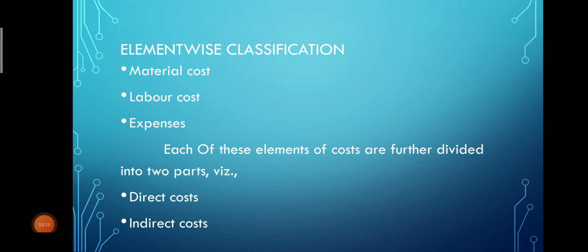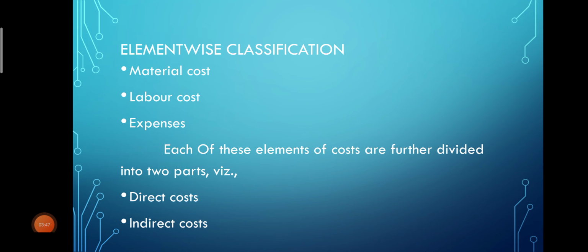First is material cost. Material cost means the cost of commodities supplied in the business. Okay, it means whatever cost you have incurred for the materials will be called material cost. Now, this is subdivided into direct material cost and indirect material cost. First we will see direct material cost.